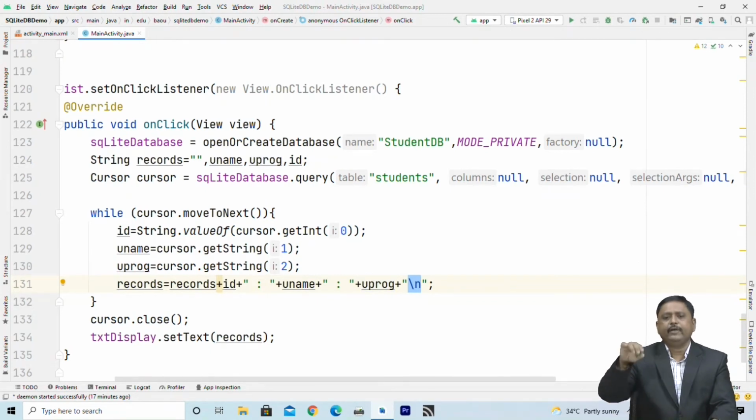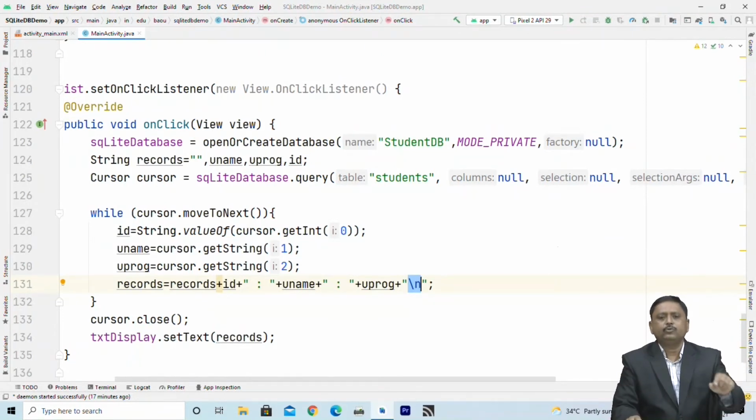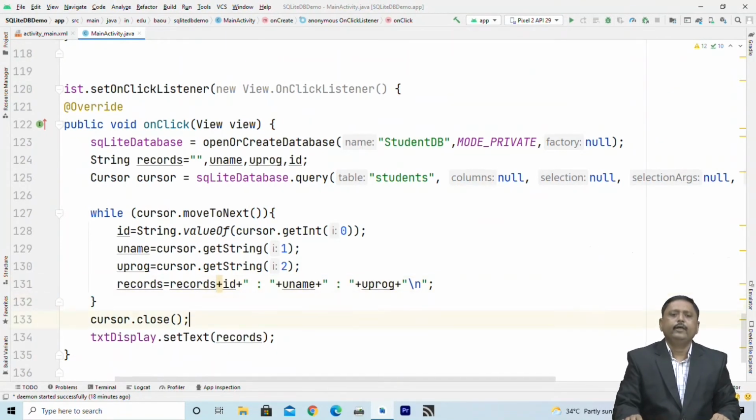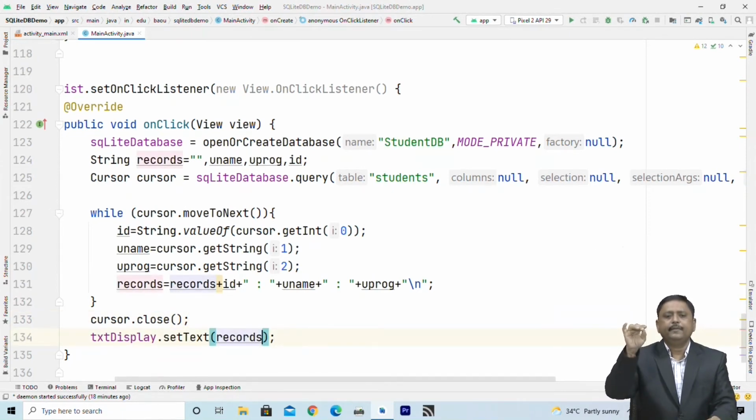Using \n, we can place second record in a new line. In second line, it displays 2 colon Nikhil colon MSCIT, for example. Likewise, it fetches all the records and puts inside record string, and at the end we close the cursor and display all the records inside display text view, right?